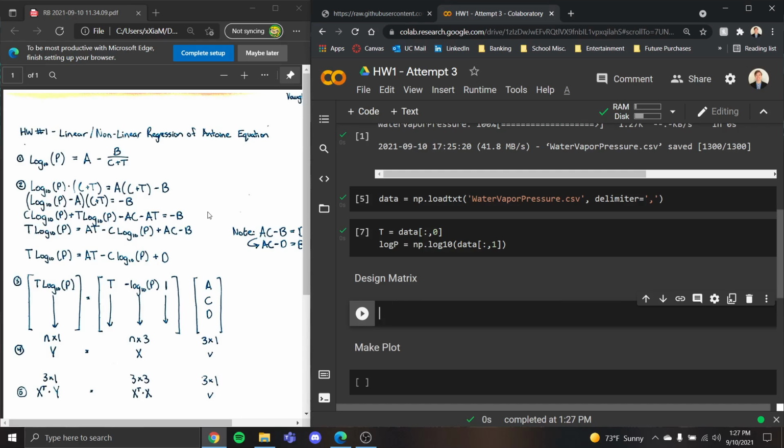So pulling attention towards the left side of the screen on the PDF, you see Anton's equation is designated by log base 10 of pressure equals your constants A minus B divided by quantity C plus your independent variable of temperature T. In order to get this into a nice fitting equation where we can make a design matrix and do some linear algebra in order to solve